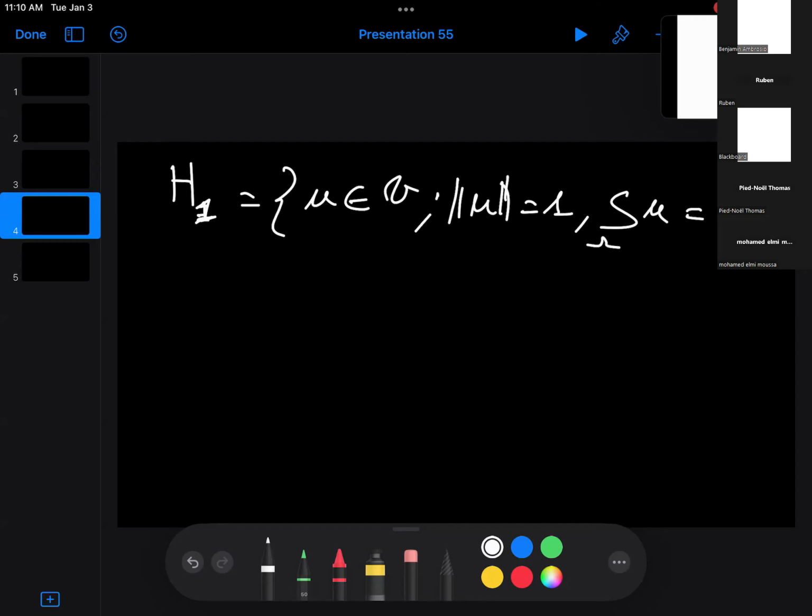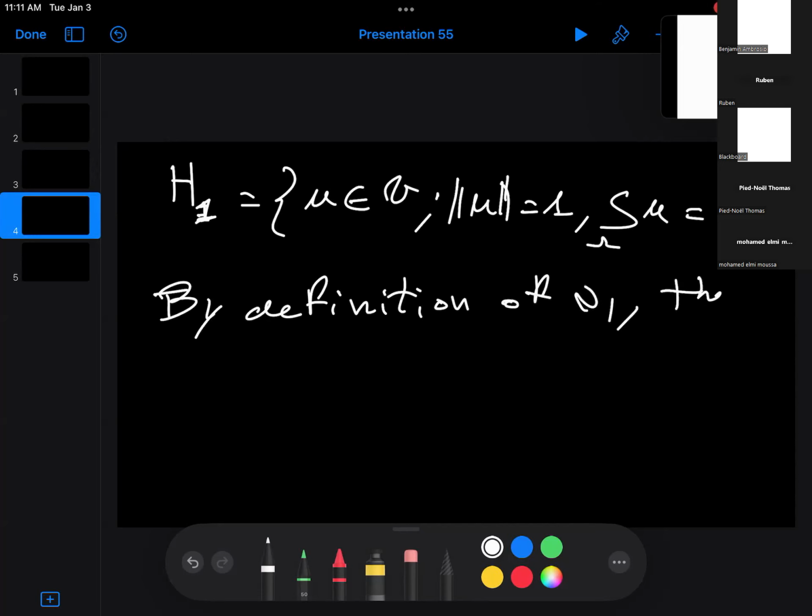So I can find a sequence, by definition of lambda 1, I can find a sequence